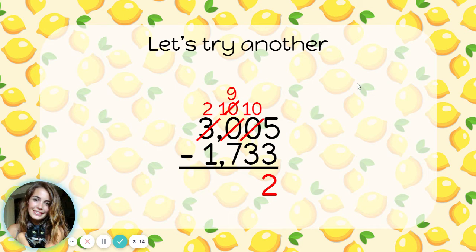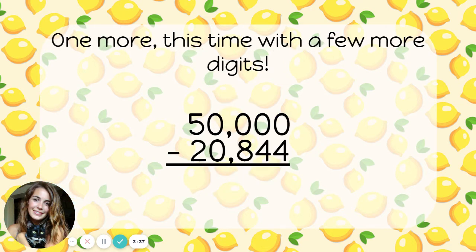I don't need to take anything from this 10 because I didn't need to regroup the ones place, so that is going to stay a 10. Now let's keep subtracting. 10 minus 3 is 7. 9 minus 7 is 2. And 2 minus 1 is 1. Let's look at one more, this time with a few more digits. This time I'm subtracting 50,000 minus